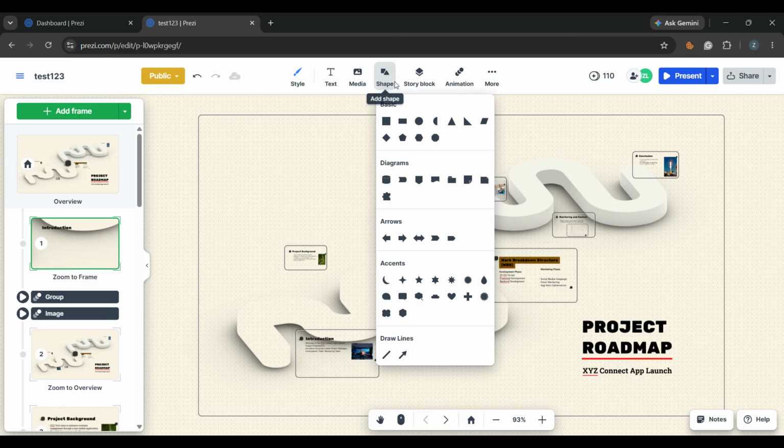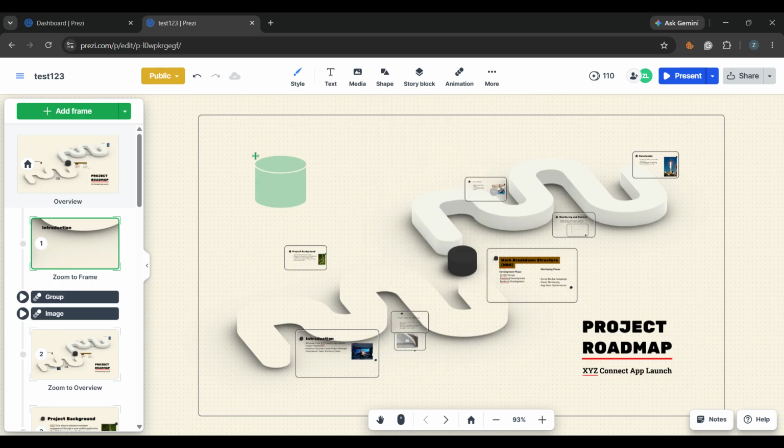Next, from the drop-down menu, go to the Diagrams tab. Inside that tab, you'll find different diagram-style shapes that can help you organize information, compare ideas, or create a more professional-looking layout. Once you find the diagram you want, all you have to do is click and drag it onto the presentation. Prezi makes this process very easy, so you can place it wherever it fits best in your slide